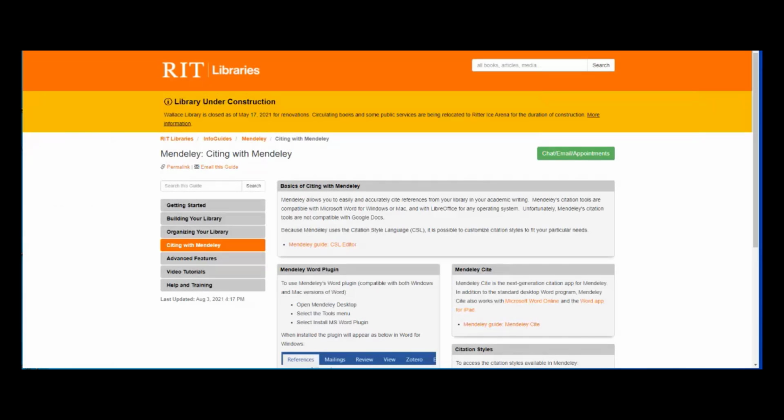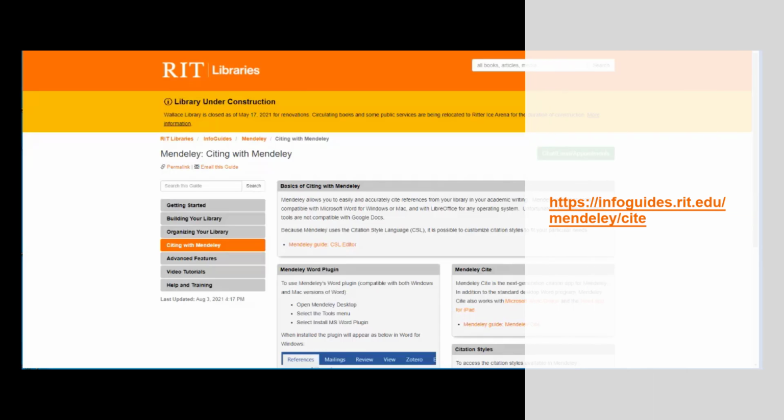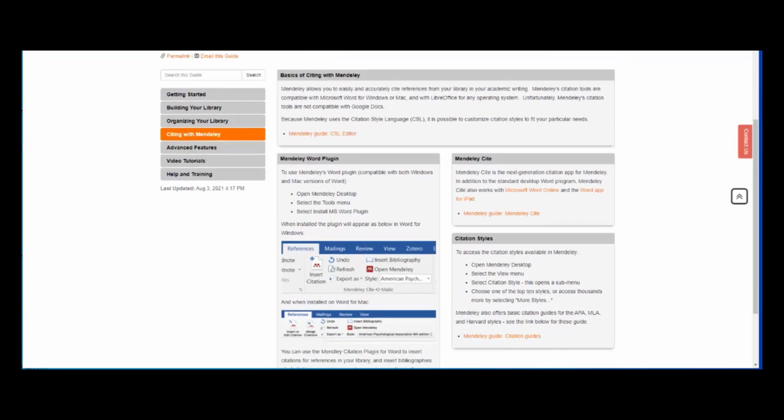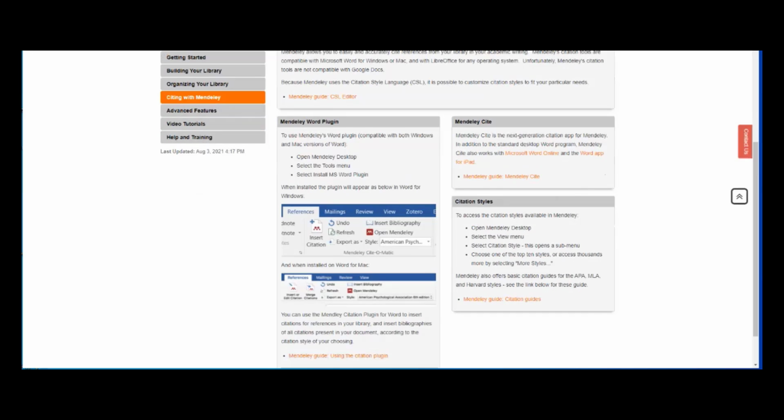Mendeley is useful for generating citations following common styles used in academic writing and publishing for all the references of the documents that you've saved in your personal library. At this time, the only word processing application that Mendeley integrates with is Microsoft Word. And if you're a user of Microsoft Word Online or the Word app for iPad, you'll want to explore the new Mendeley Cite tool. However, as I don't have those, I will not be demonstrating that in this video.